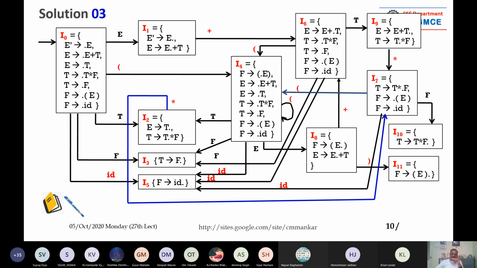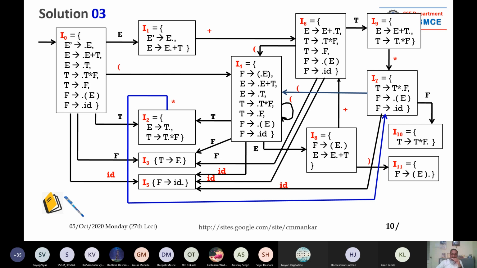Now this is goto of E, means a transition. Means we are switching from I0 to I1 on input capital E. Capital E is a non-terminal. Now there are terminals like opening bracket, closing bracket, plus, star, and ID. So I have painted them in red color on the edges. So note this. Do not make haste.